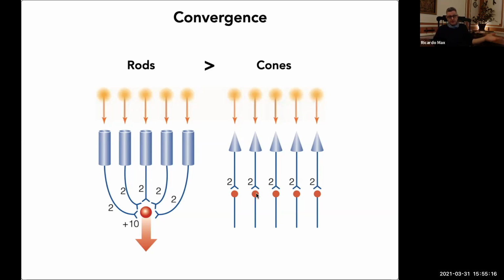It's not even convergence. One cone is connected to one ganglion cell, which means that rods are much more sensitive to light, because you have, if a ganglion cell